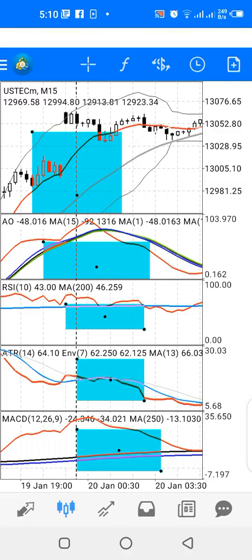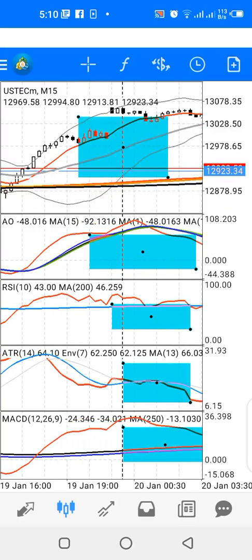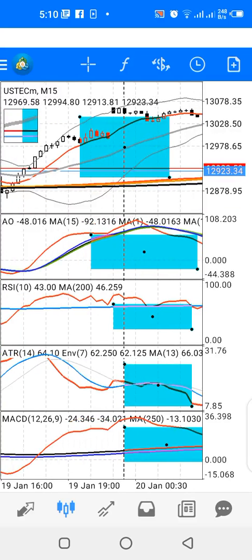Nasdaq 100 is a volatile index, just like volatility 75 index or gold. They are rapid. The price moves in a rapid manner. So you must have a system that can give you accurate signals so that you don't end up losing your money. Now, the way this strategy works, I have on the main chart,